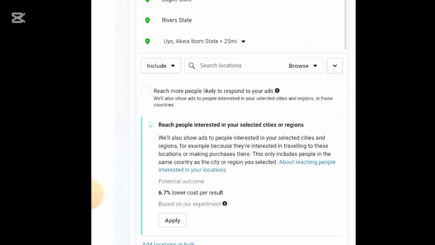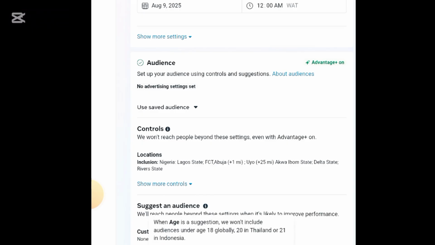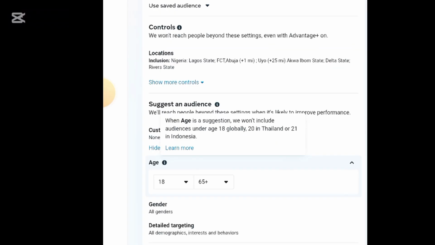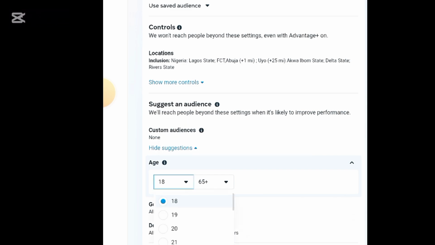In a situation where you tend to choose people below the age of 18 or just teenagers, you know that teenagers do not have money. They cannot afford to buy what you sell. So instead of targeting people within the age range of 18, 19, 20, why not target people within the age of 25? So I am always going for people within 25